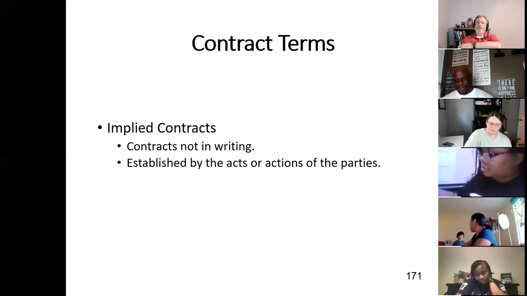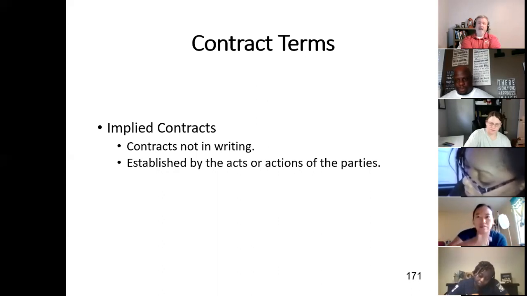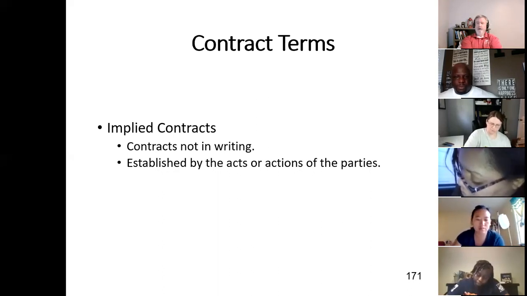But here's the point I'm trying to make. Y'all, let's say he cut my grass today and he comes to collect the money. And I say, you know what? I didn't tell you to cut my grass today. And quite frankly, I didn't tell you to cut my grass the second time. But I certainly didn't ask you to cut it today. And I'm not paying you today. And quite frankly, I'm not paying you anymore either.